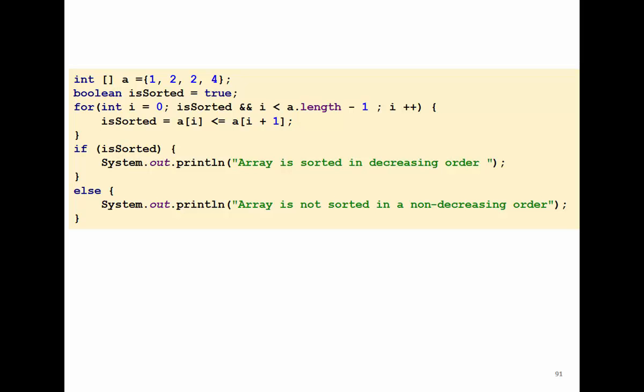Why do I do this? Why do I choose a.length minus 1? I need your answer later on. Then I have i plus plus. Inside the body of the for loop, I have this statement: isSorted is a Boolean variable equal to a at position i less than a at position i plus 1. If this Boolean expression is true, we're going to go to the next iteration. Otherwise, we're going to go out.